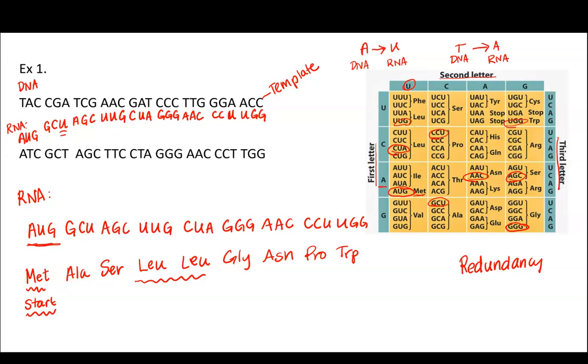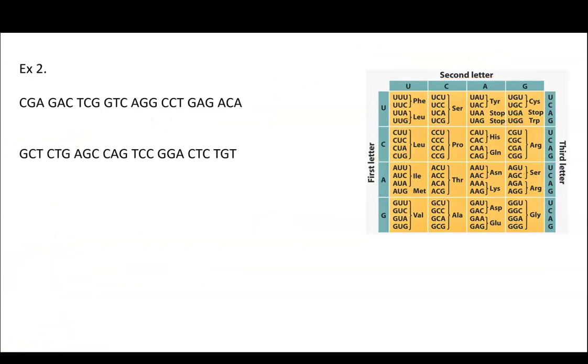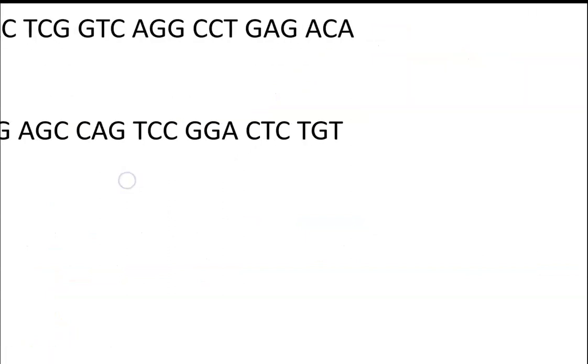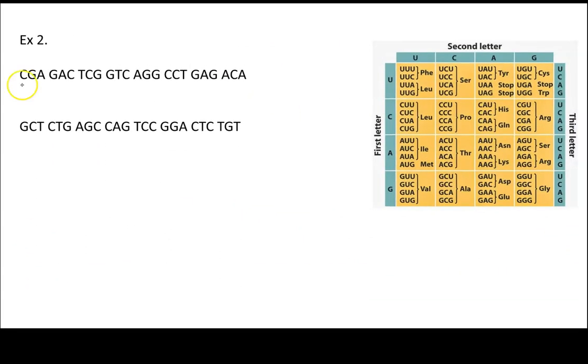So I'm going to do another example. I'm not going to narrate it too much, but I'll just walk through how it works. C codes for G,